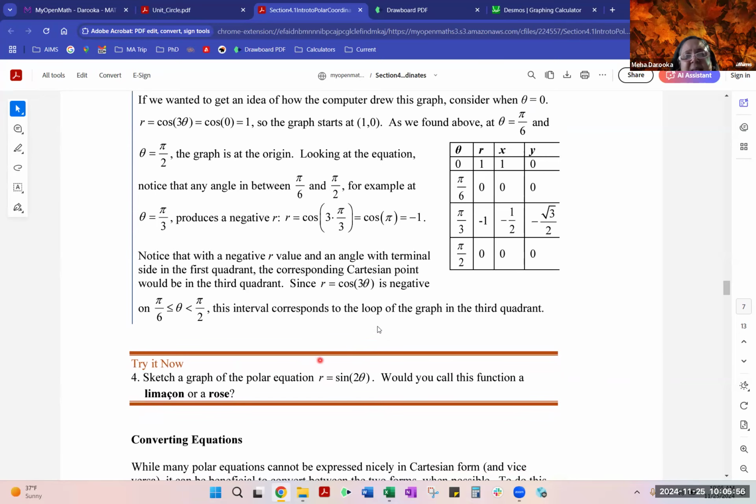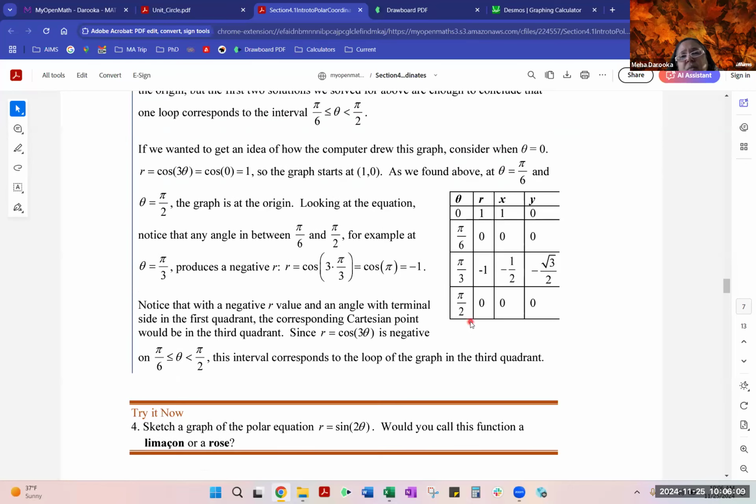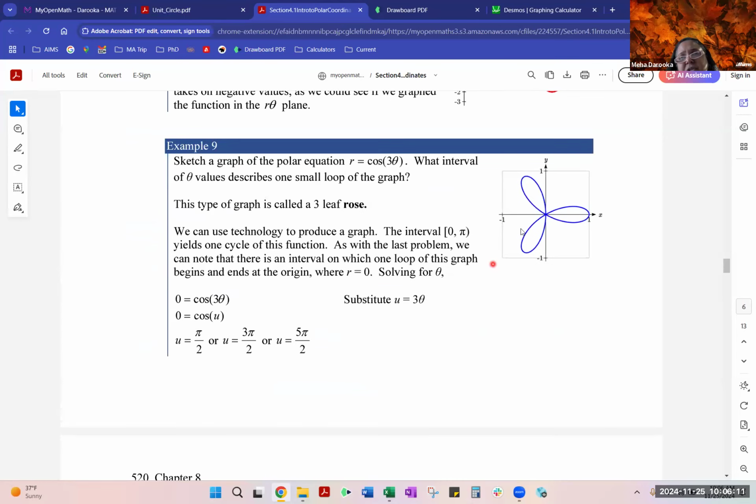Alrighty, guys. So basically they are saying that since we know that r of cosine of 3 times theta is going to be negative in this interval, this would actually correspond to the loop which falls into the third quadrant. So technically, this is actually the loop that we worked on. Even though I was kind of starting out with this guy, by the time we go through the math and look at the answers we came up with, it's actually this loop that we just ended up calculating for,